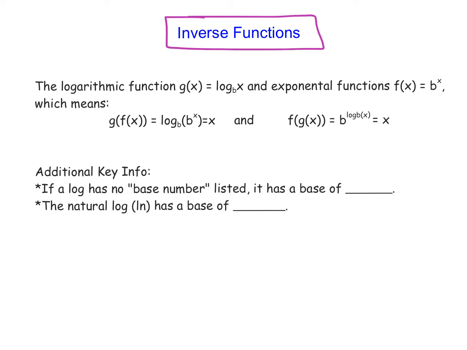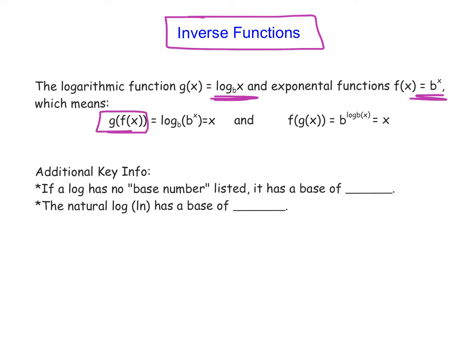So we know multiplication and division undo each other. They're inverses. We also know that squaring something and square rooting something, they're inverses. If you have a logarithm and you have an exponential that have the same base, they are going to undo each other. So if you see here, we've mentioned the definition of inverse, and you'll see that we say,